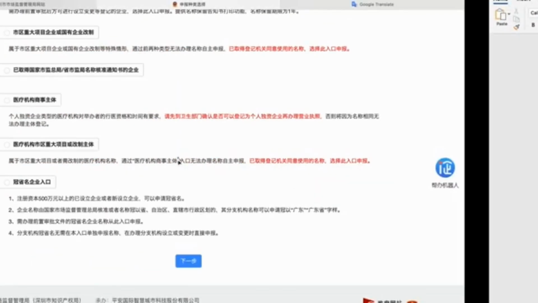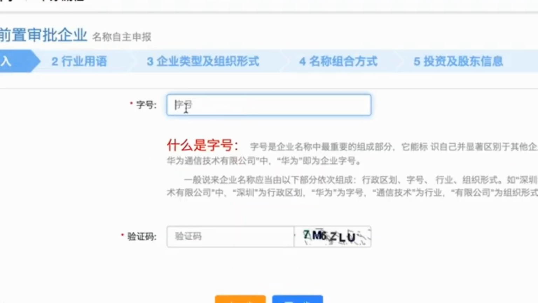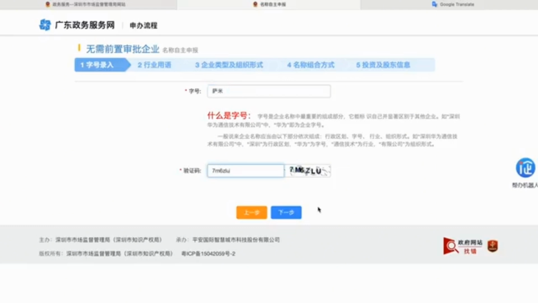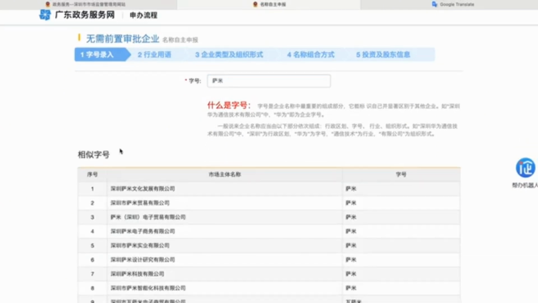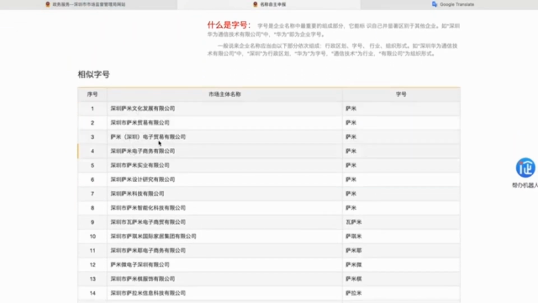Then next. This step lets you pick a company name. For example, I will enter Sami. Then the verification code and click next. A list of registered companies under the Sami name will appear. Not all are import and export. Some are in AI, electronics,